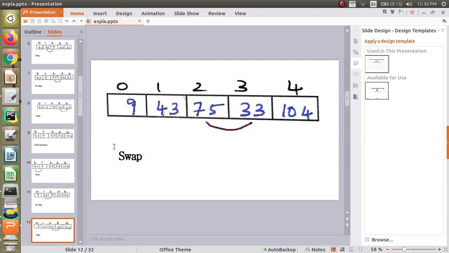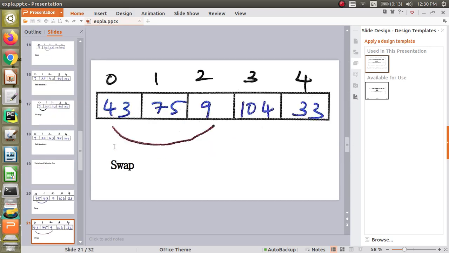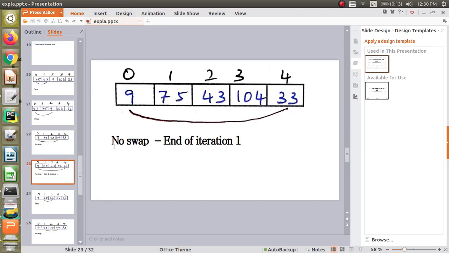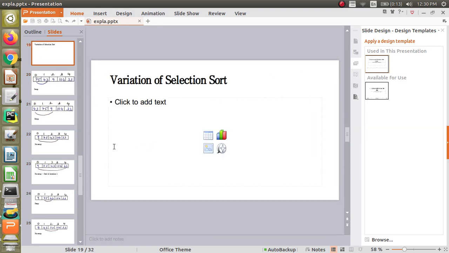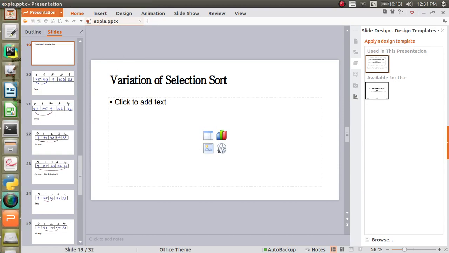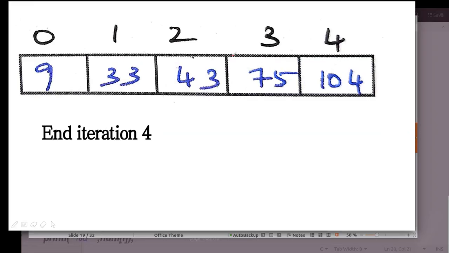Next, we are going to see one more type of sorting. This will make you to understand things in a better way, how data is getting stored inside the loop and so on. For that only I have chosen this example. So now this technique is a variation of selection sort.